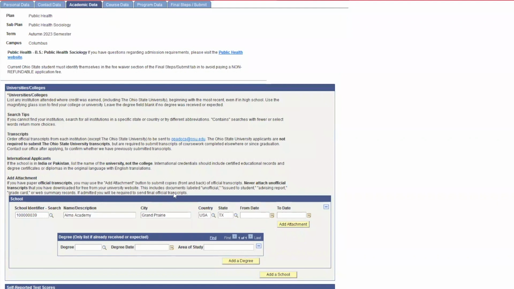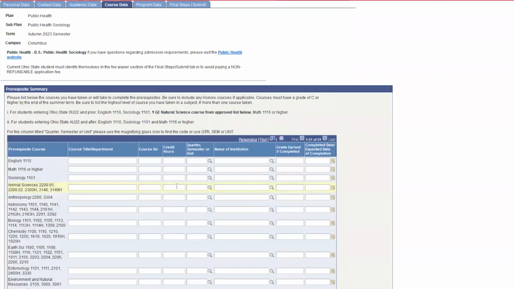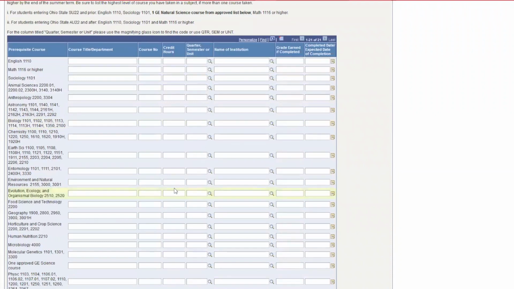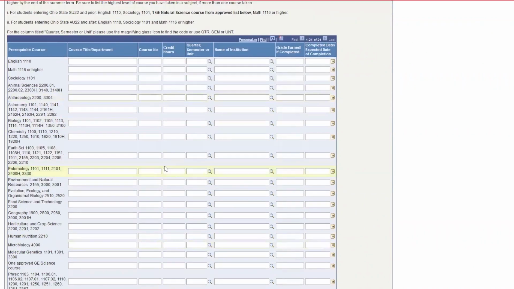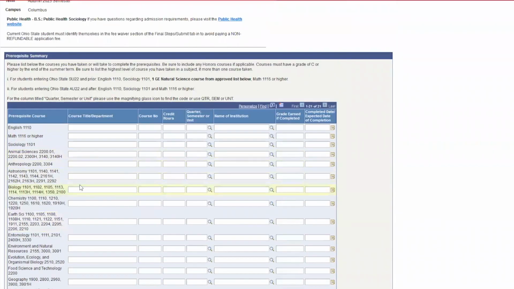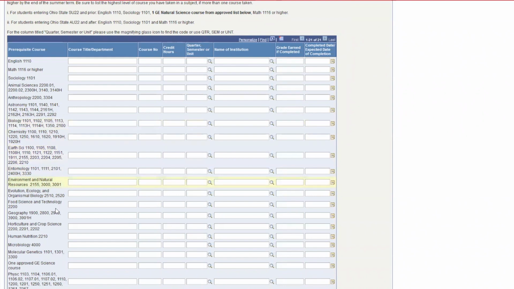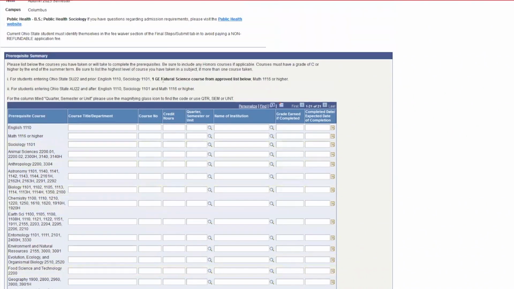And speaking of those prerequisite classes from earlier in the presentation, this is where you will enter these. I do apologize, you might have had some questions on this. I tried my very best to make this section concise, but there are several different courses at Ohio State that would fulfill the natural GE science course.